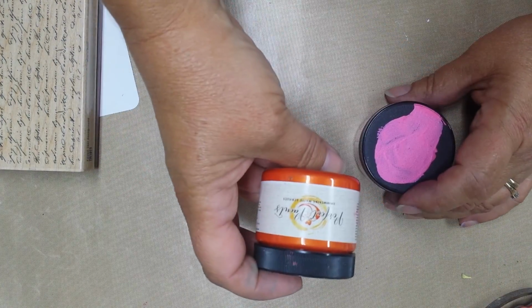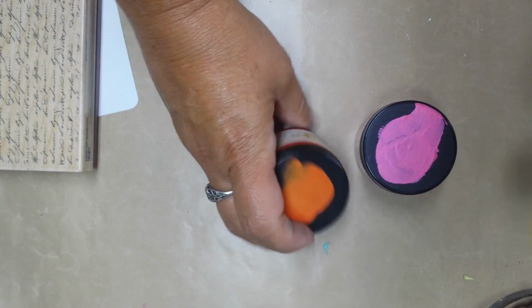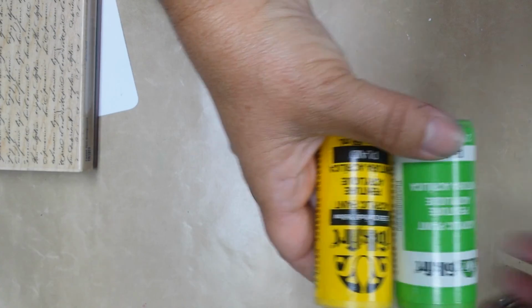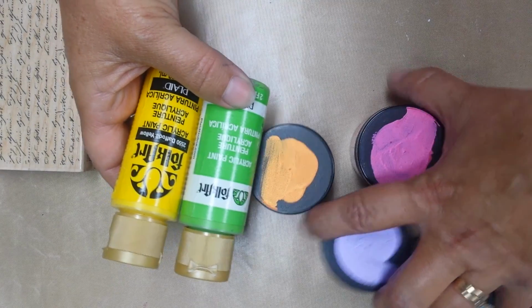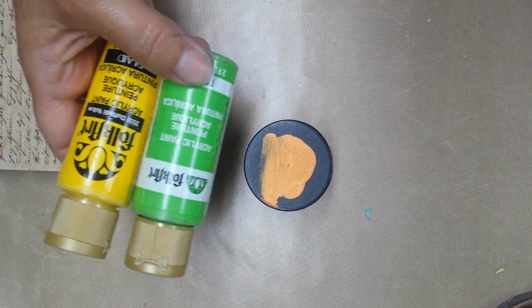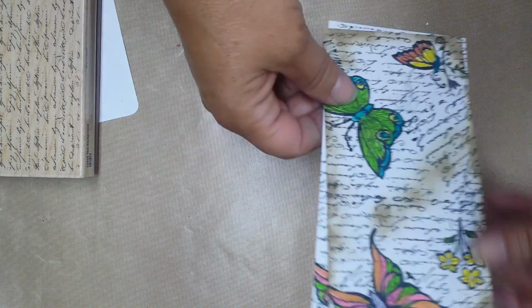And what I used was Perfect Pearls, or Perfect Paints, and it's a shimmer paint, and then just regular folk art paint. So that's what I used. And remember, you've got to water it down so it's really translucent so you can see your stamp and everything behind. Your next step is going to be